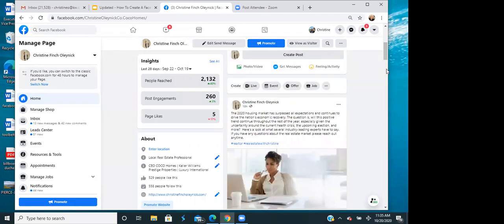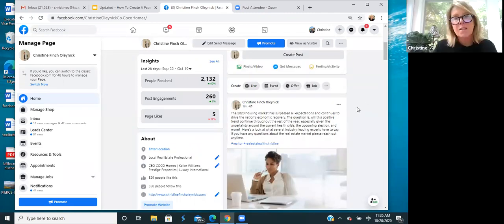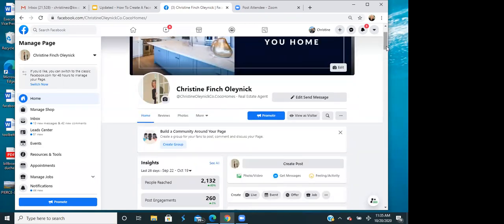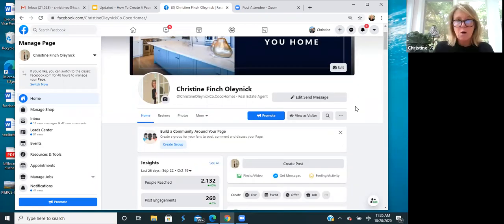Christine, I think my version is very different than your version. Yeah, so like I said, I will go back to the old version for you. But can I create a new version actually? Don't use the old version anymore? No, so let me show everybody right here. Do you see this? It says if you'd like, you can switch to the classic for 48 hours to manage your page.